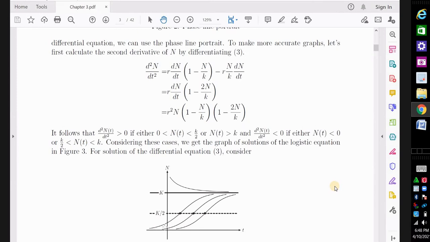0 और k by 2 के बीच ग्राफ कन्वेक्स है, यहाँ तक ये कन्वेक्स है। आप देखें कि फंक्शन का सेकंड डेरिवेटिव ग्रेटर देन 0 है, और यहाँ से k by 2 और k के दरमियान में जो फंक्शन है वो कनकेव है, यानी k by 2 और k के दरमियान में जो सॉल्यूशन होंगे वो कनकेव होंगे, उनका सेकंड डेरिवेटिव लेस देन 0 होगा। तो ये कनकेव है। यह सॉल्यूशन यहाँ से स्टार्ट होगा, ये कन्वेक्स होगा, यहाँ पे कनकेव।